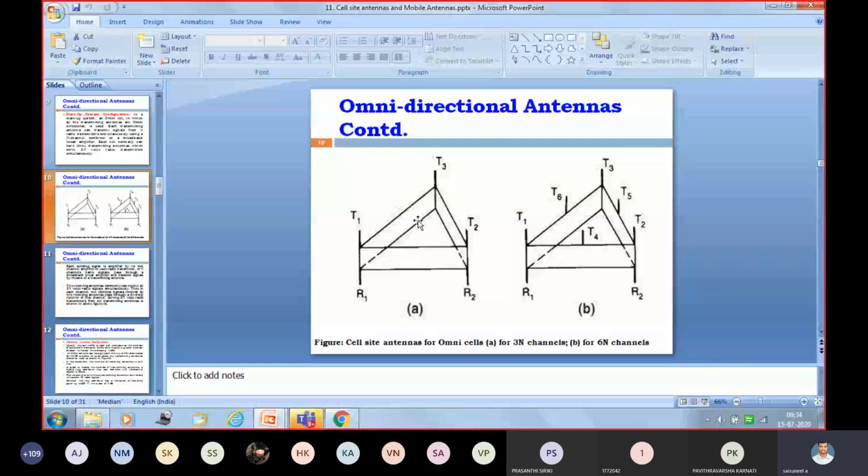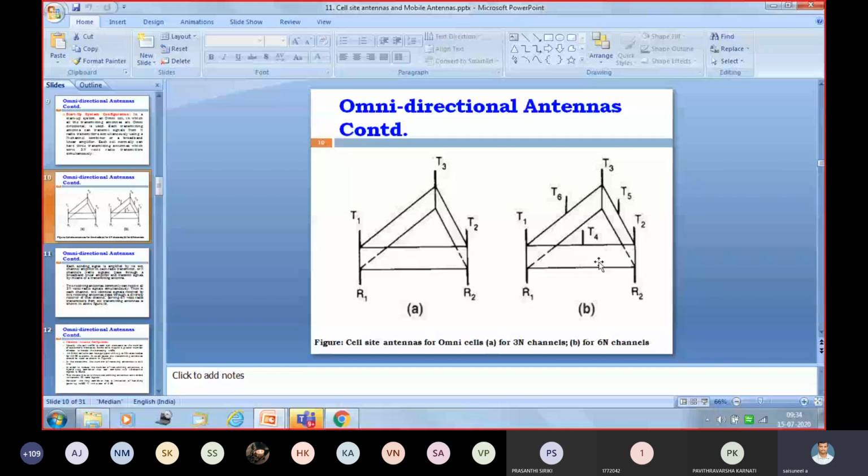Instead of using 3 transmitting antennas, we add 3 more antennas. Then automatically how many channels increase? Again 48 channels can be increased, nothing but 6 setup channels plus 90 voice channels. Then automatically 90 members can be utilized.